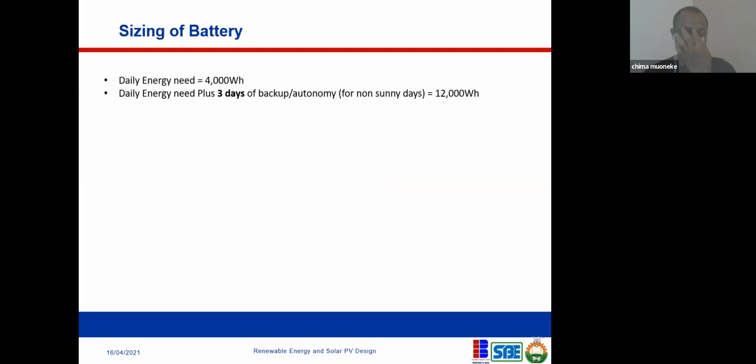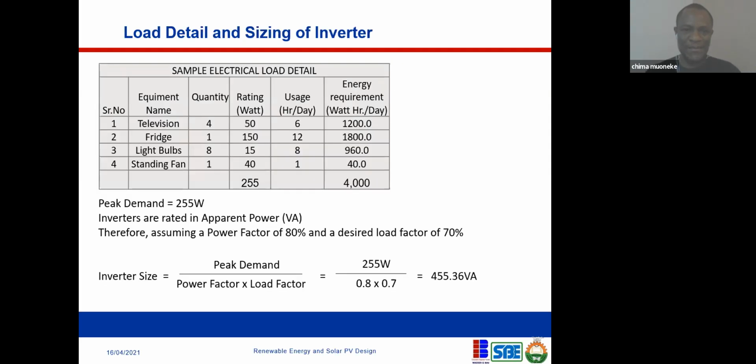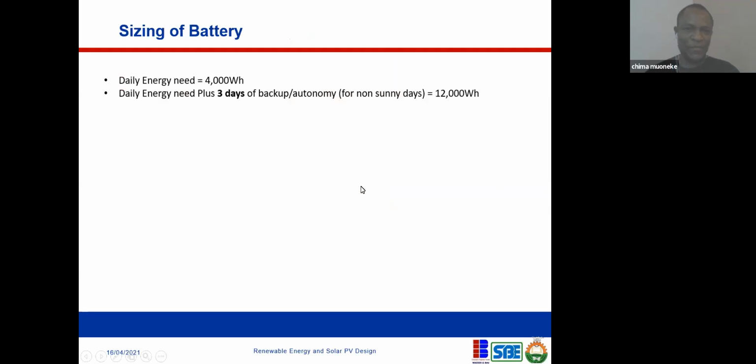So let us look at sizing of the battery now. From our load assessment, the load that we need to support is 4,000 watt hours per day. In a single day, 4,000 watt hours. So that's what we are working on here. So your daily energy need,